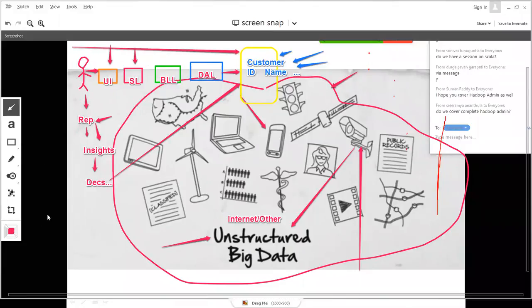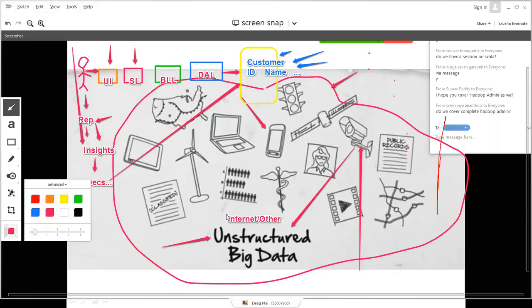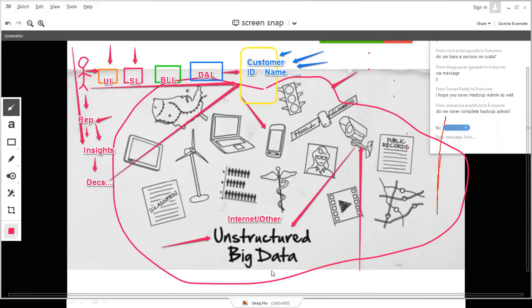Okay, so the promise that big data is giving is, if you can find fish in rivers, there's a lot of fish you can find in the seas and oceans. What is that? That is your internet. What's happening on the internet? There's your YouTube, there's your Facebook, there's your IoT data, government data, and you name it, in many